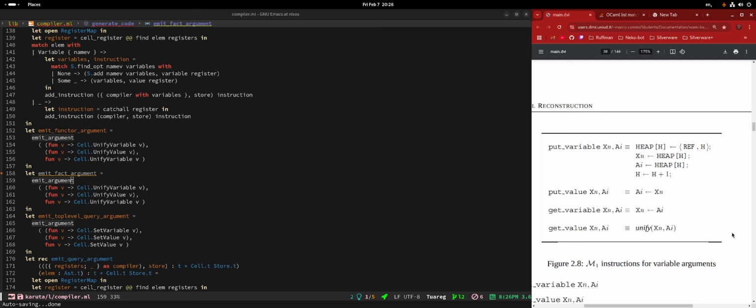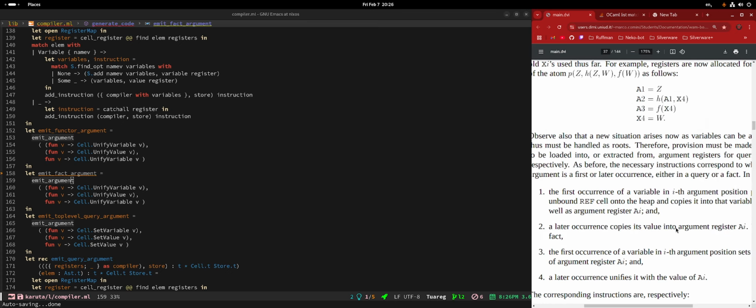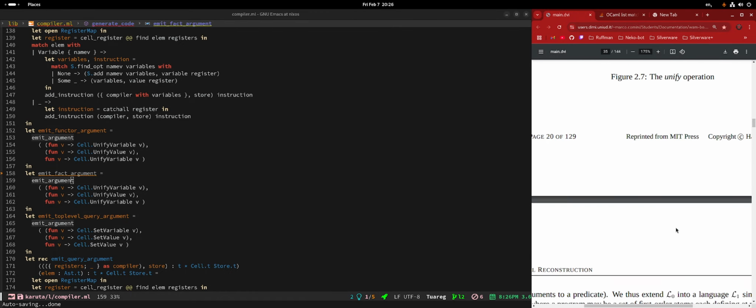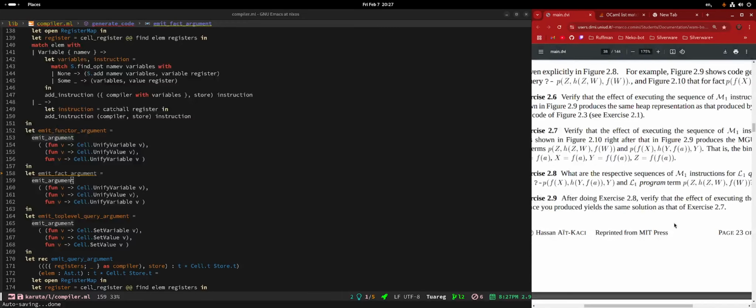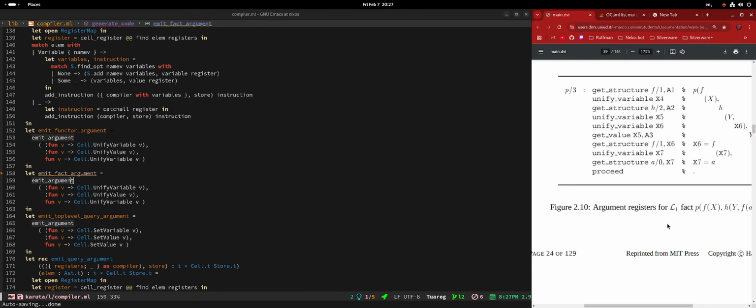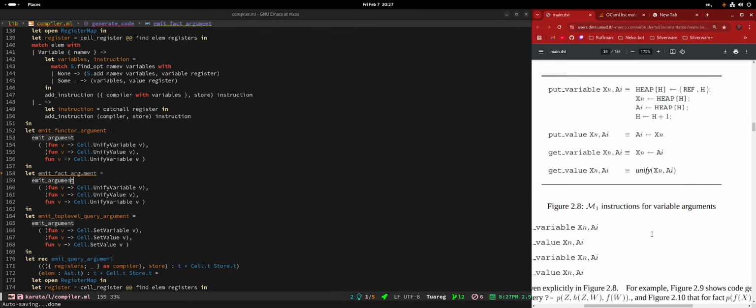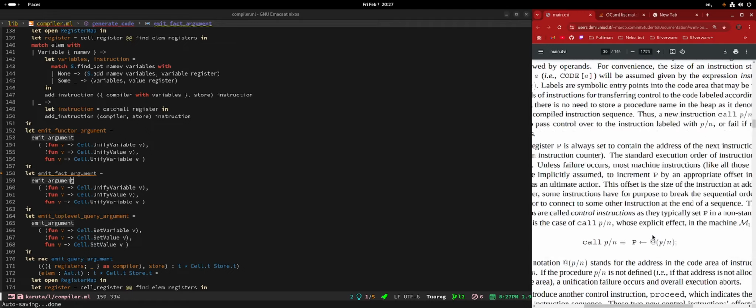Yeah, it was put variable, but there's another instruction that's just like put variable, but it only uses one register. Okay, so I don't know. I don't remember which one. I think it was set value actually. Set value. Let's go. I think that's the one down here though. Oops, too much. Set value, you said. Yeah, so set value.